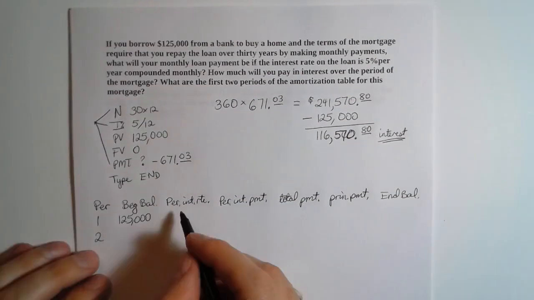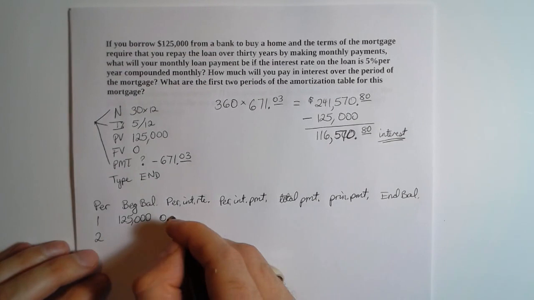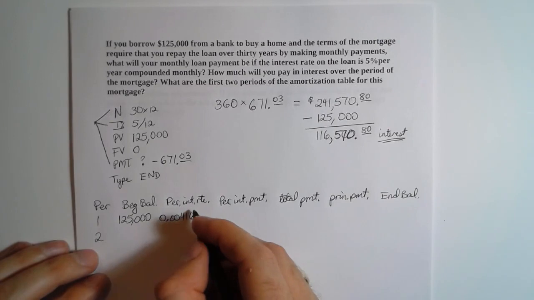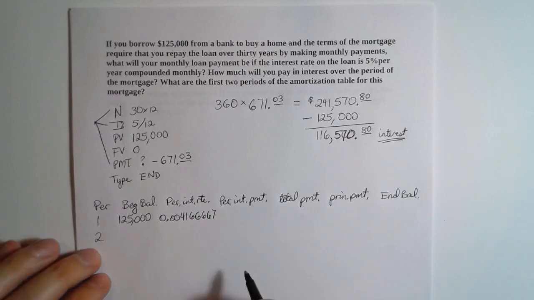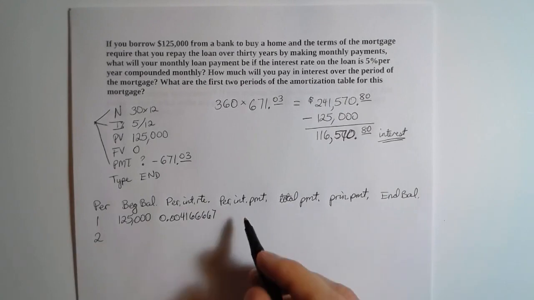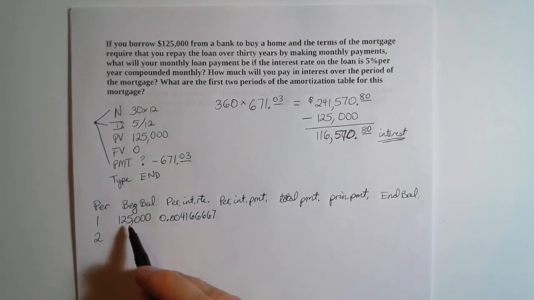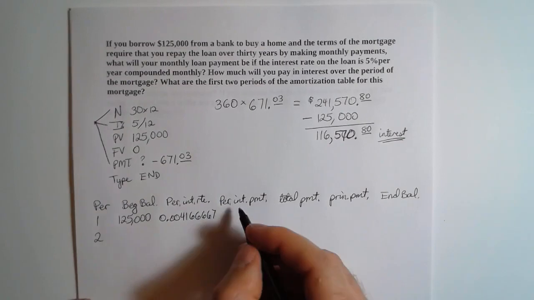Okay, so if you pause the video and work that out, what you should have gotten for the periodic interest rate is 0.004166667, and actually the sixes continue on infinitely, but I'm hanging on to a few extra decimal places here because they'll matter a little bit here in a moment. So now that you have your periodic interest rate expressed as a decimal, to find the periodic interest payment, what you do is you take your periodic interest rate and you multiply times the beginning balance. So I recommend that you pause the video at this point and work that out. Okay, so if you pause the video and work that out, what you should have gotten for your periodic interest payment is